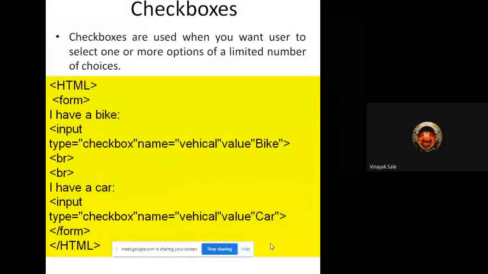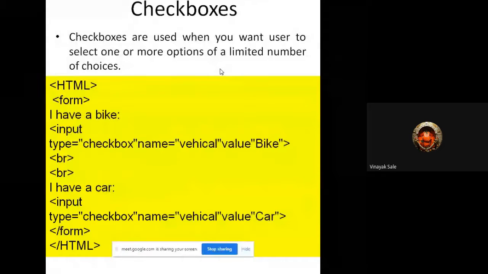Okay. The next concept is checkboxes. Checkboxes are used when you want the user to select one or more options from a number of options. Here in this code, suppose I want to select vehicles.